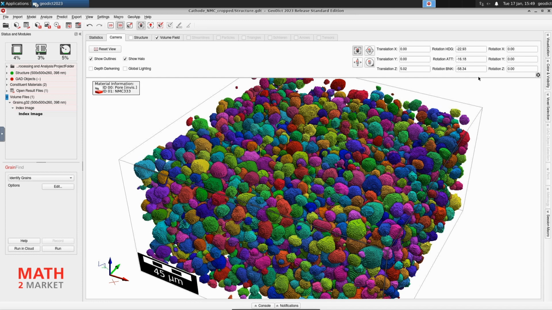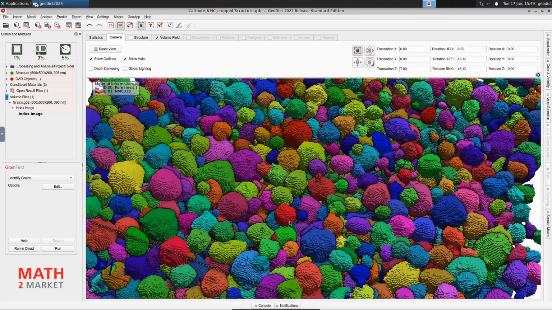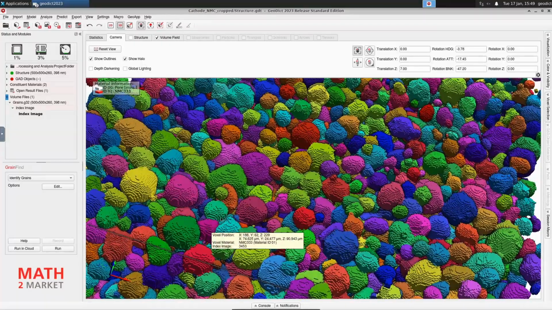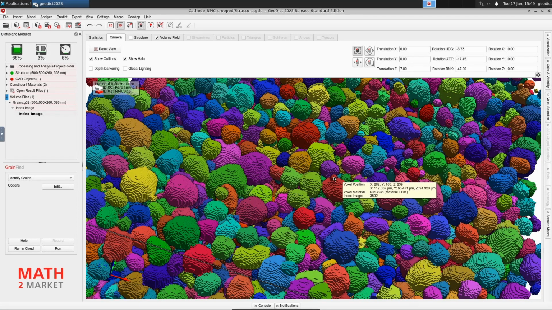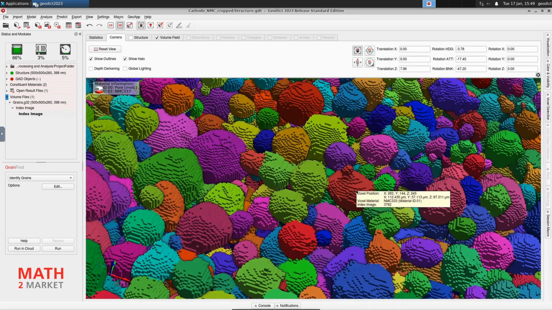You can directly see that the grains in the structure are nicely separated. You can zoom in and then have a deeper look at all the grains in the structure. I think it looks quite good. You can also see that grains which are connected are nicely separated. On this grain here you can see the effect of the grain reconnection threshold. You can see that the smaller grain is connected to the larger grain. Since the interface of both grains is larger than the given threshold, both grains are then connected to one grain.